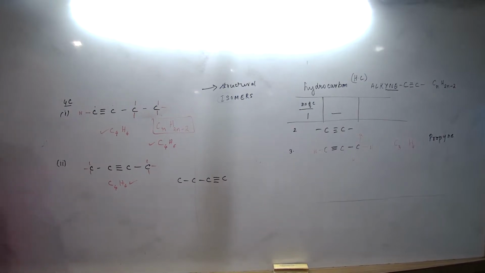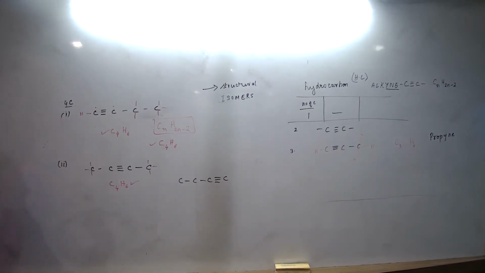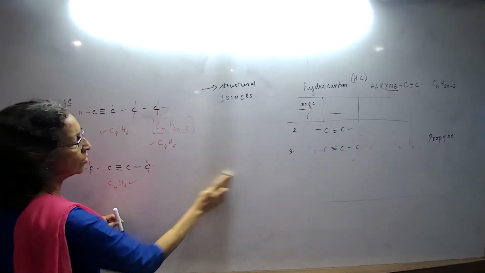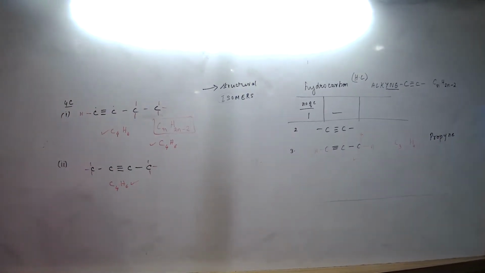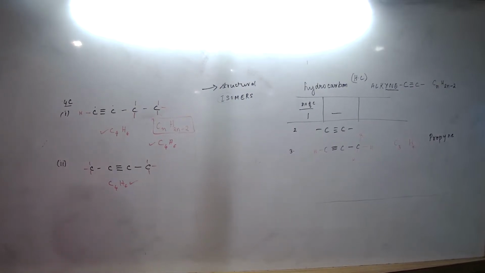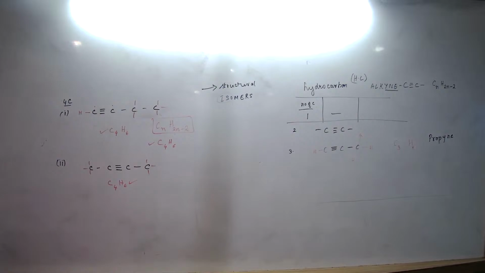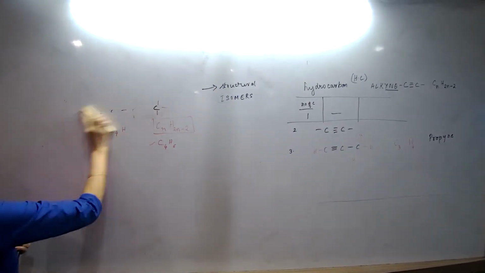Did you understand? All that I have done is, I have taken this as first carbon, second carbon, third carbon, fourth carbon. So when I turn it around, it still remains as first carbon, second, third, and fourth. So this and this is the same. So there is no need for us to draw this at all. As the number of carbons keeps on increasing, you can have different variations. But for our 10 standard, up to 5 is more than sufficient. Got it? So now we have finished with our alkane, alkene, and alkyne.